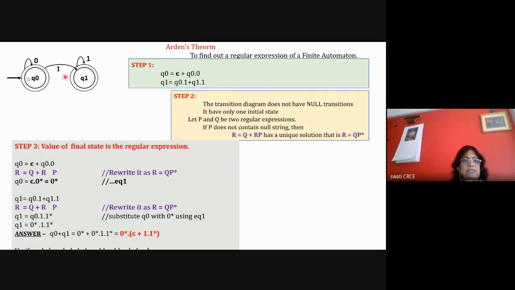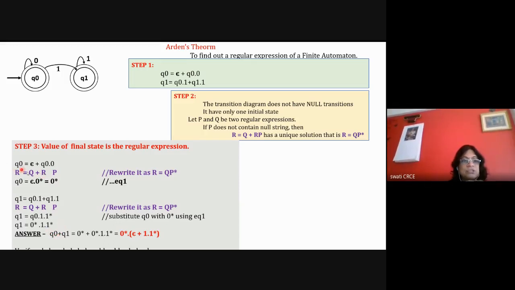So in this case, what is my answer? My answer is both, as there are two final states. So my answer is Q0 plus Q1, either Q0 or Q1, because plus means or. So my final state is either Q0 or Q1, and the regular expression answer is Q0 plus Q1. That's what I'm trying to find out here.